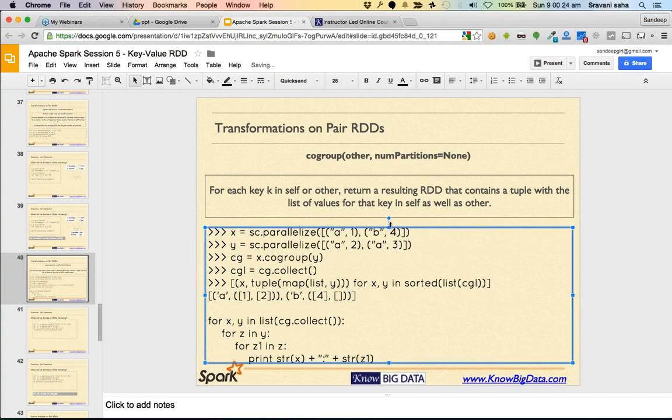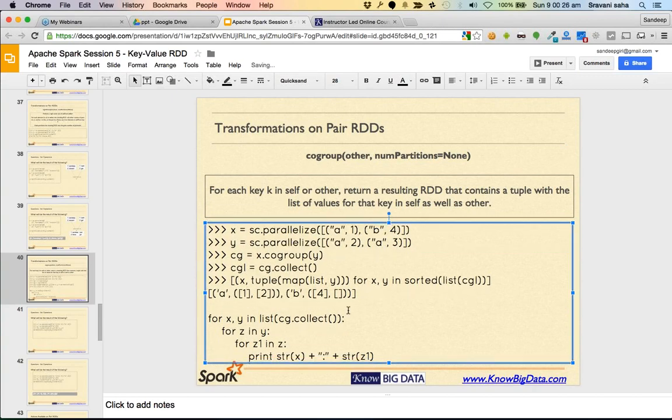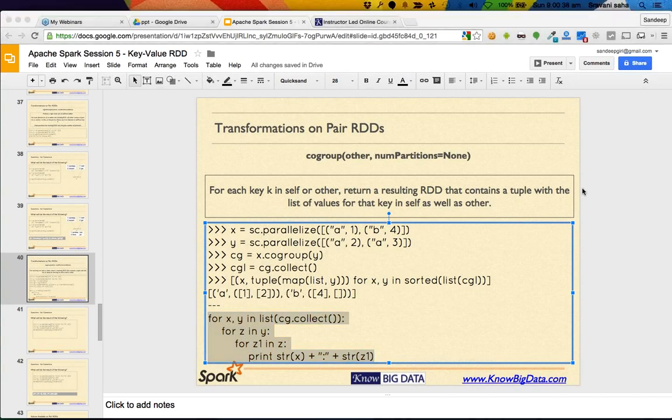All right. So this is an alternative approach to print the data. Is it clear to everyone? So I'm saying we collect all the records, cg.collect, and then we iterate over the list xyz in the whole list,